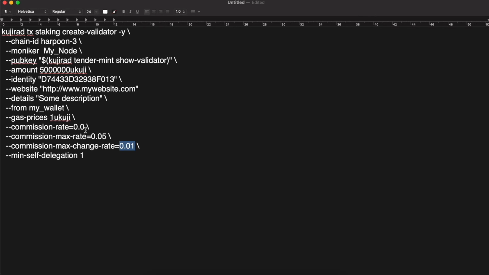For example, if you want to change your commission rate from 1% to 5%, you will need to execute this command 5 times over 5 days, every day. You have to increase from 0 to 1, then 1 to 2, then 2 to 3, so on till 5. And please remember, commission max rate and commission max change rate cannot be changed once it is set, forever. So beforehand itself, decide what you want to provide as commission max rate and commission max change rate, and then